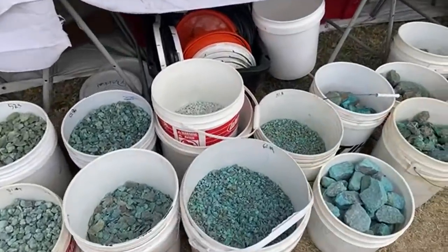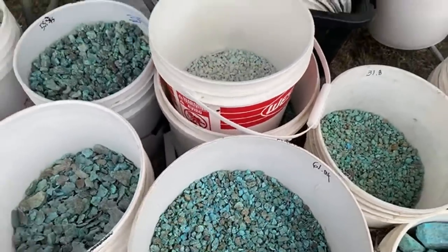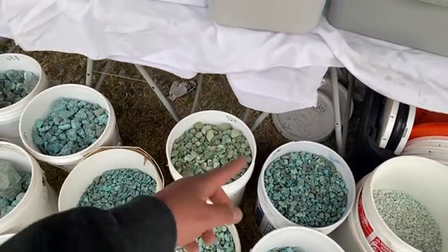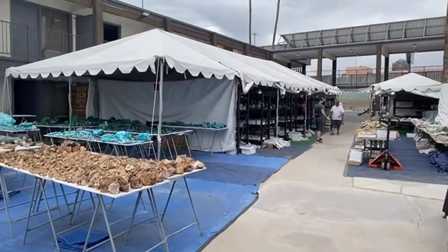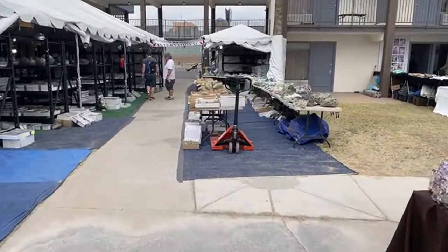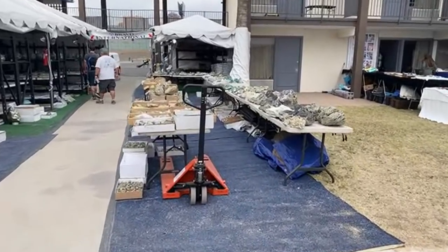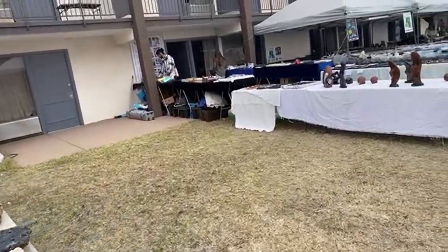Well, the little chiplins are 100 a pound. If they were the price on the bucket, I probably would have bought 10 pounds, but no, not 150. It's not a bad price. That is a very good price, actually. If you bought that online, you're going to pay double or triple, but just not really what I'm after. I'm trying to work less of the